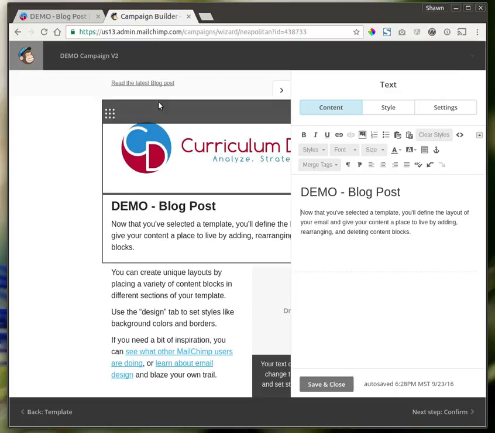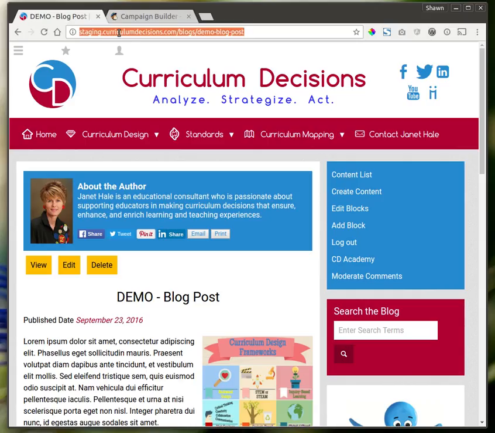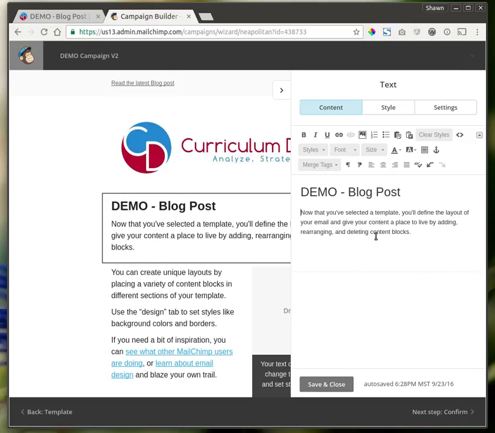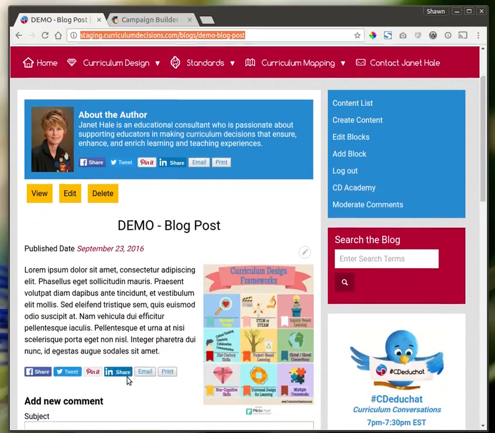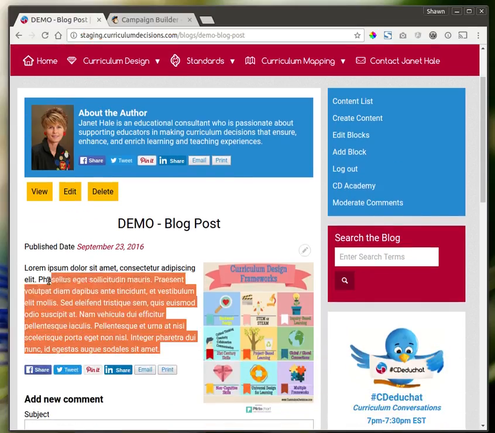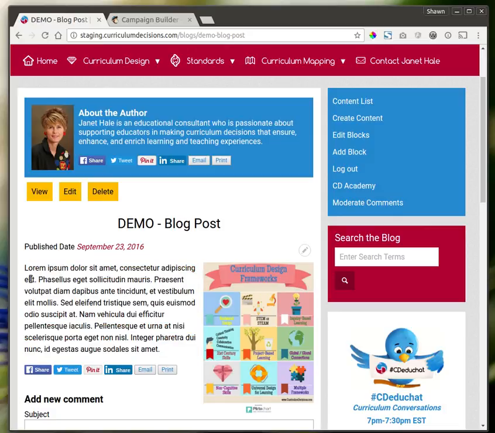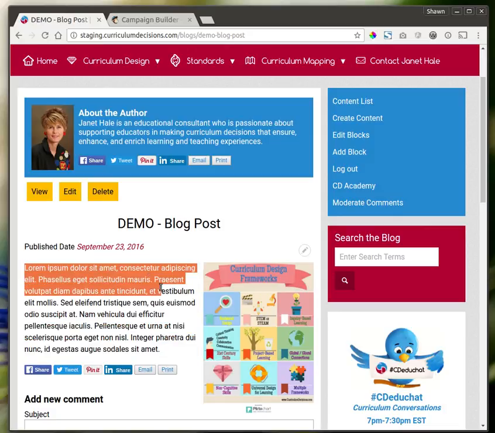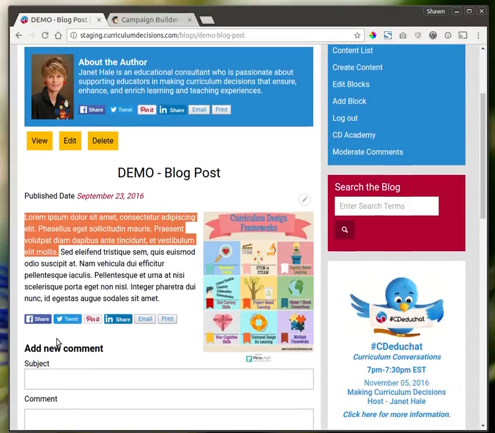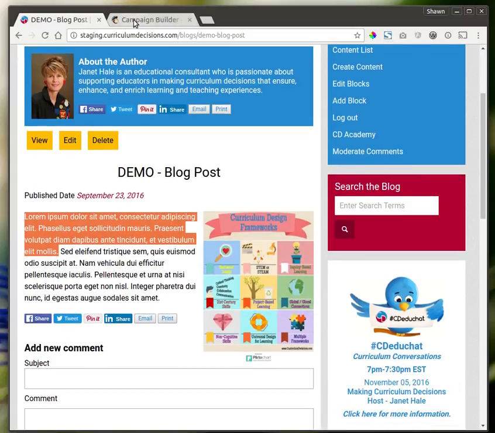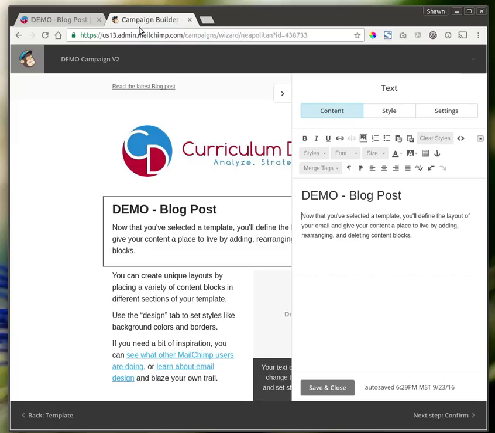Oh, well, that didn't work. So I'll go back to the site and I'll grab the URL for the blog post and paste that in again. Actually, I'll wait for that because I want to copy the text and make another link. So we'll go back to the blog, select some of the text, and we'll just select a little bit of the text because we want to entice people to read our full article, the full blog post, by going back to the website and following those links that we're setting. So I'll go back over to Mailchimp, highlight this text, paste it in,